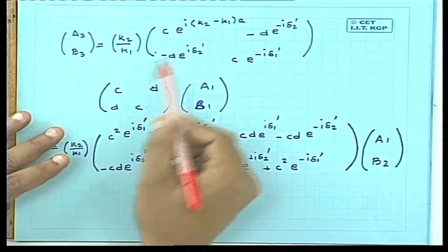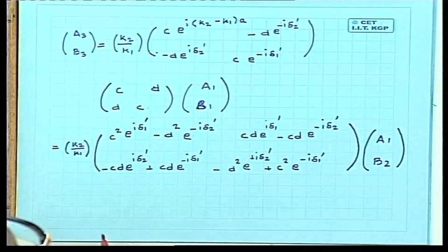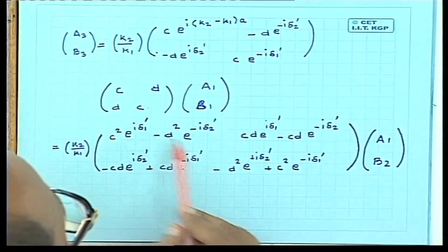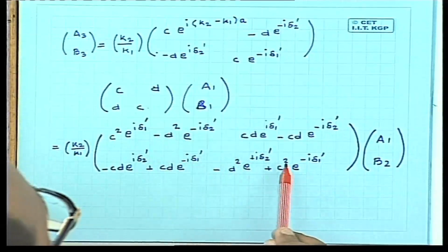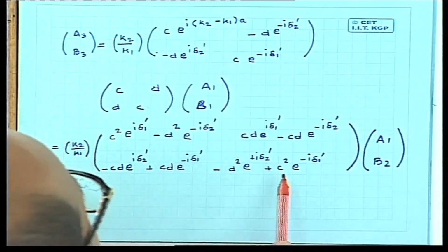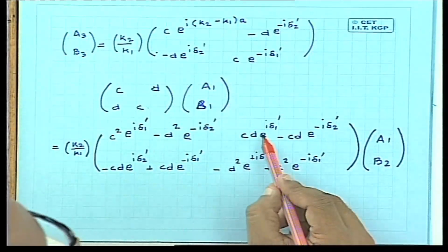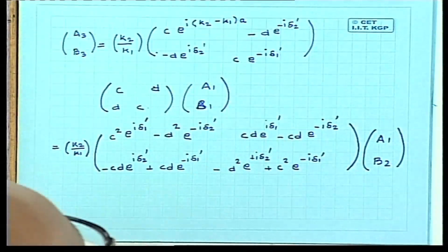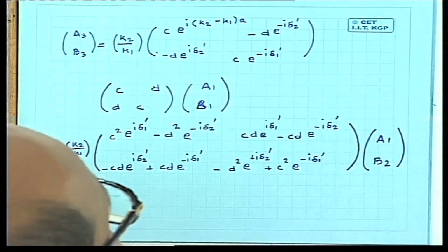Nothing very complicated, just that the terms are a little big, that's all. Now let us look at this expression. So the first thing that you notice is that this and this term over here, they are nothing but the complex conjugate of each other. Similarly, this and this are nothing but the complex conjugate of each other. So basically we have only two independent terms, right?